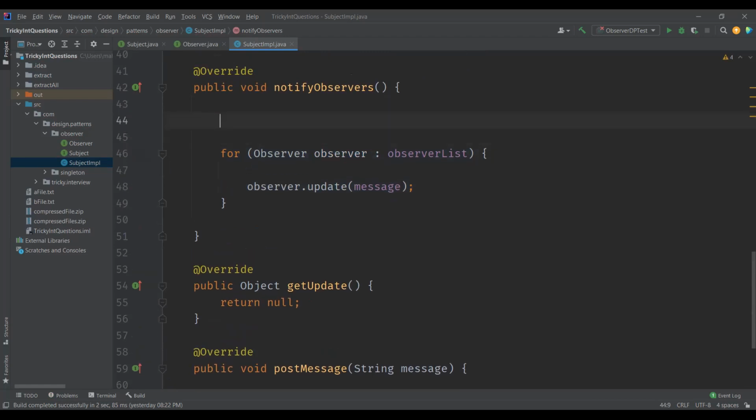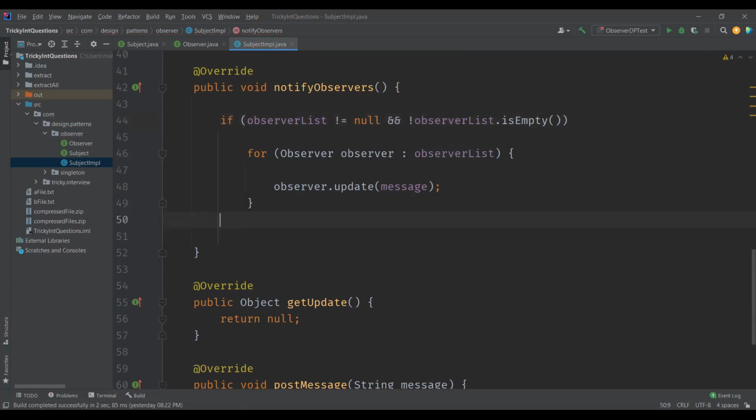And again, let's handle the null case for observers list. So what if my list is empty or null, right? So let's handle that case as well. This has to be not null, and observer list should not be empty as well. Only then are we going to invoke this loop, right?